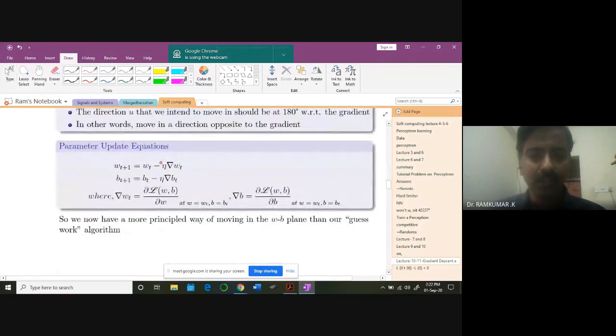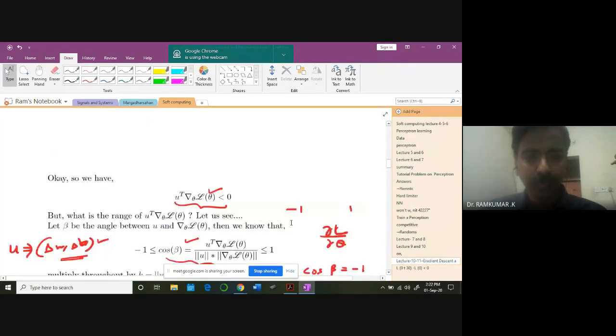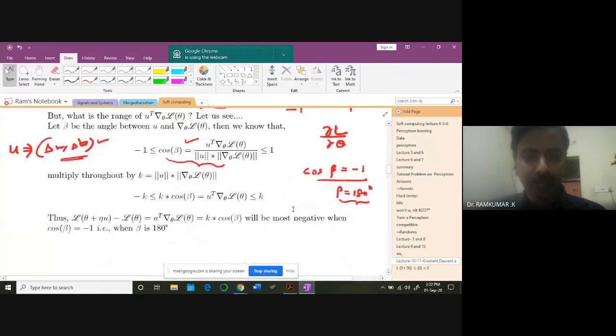See here, this negative is primarily because this is a newly updated one. This delta Wt is a gradient. This newly updated delta W is something you're going to add to Wt. When you add this, it should be pointing in the direction negative to the gradient. Therefore, you're going to get the new updated weight like this. So that's the idea. Are you getting the point?